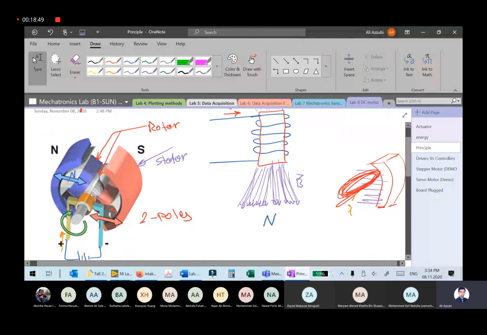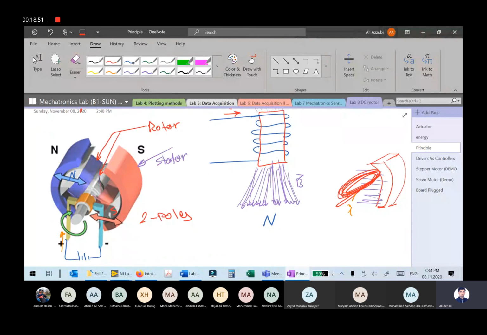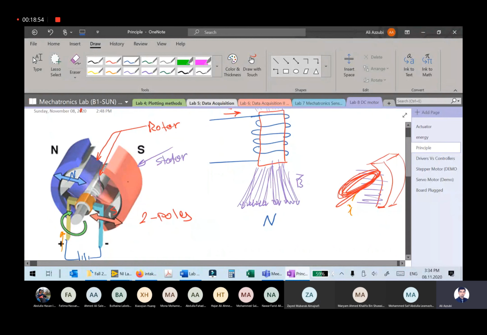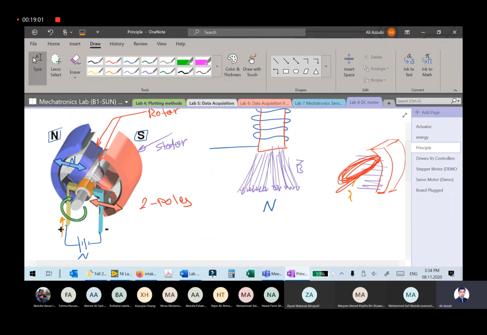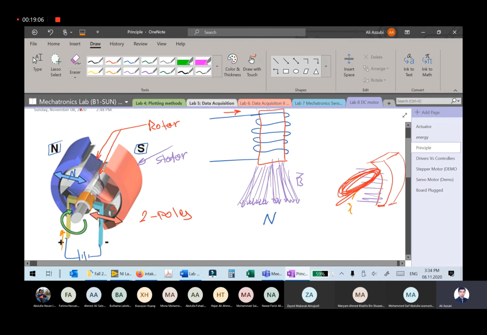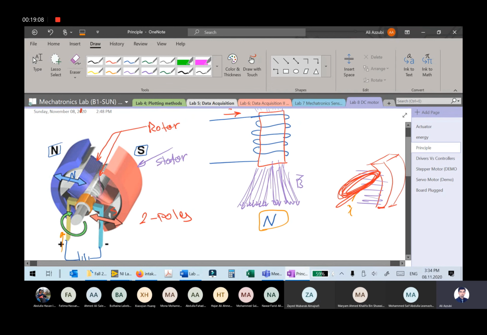Right. Now, finally, the principle is very simple. The stator is actually two magnets. I have a south magnet and a north magnet. Now, if the current is moving through these coils, it simply will create a magnetic field, as we have seen here. Now, this magnetic field, the induced magnetic field in the rotor, will interact with the magnetic field of the stator. So basically here, knowing that this is south and this is south, what's going to happen is that this south,